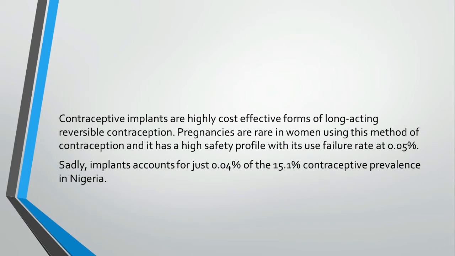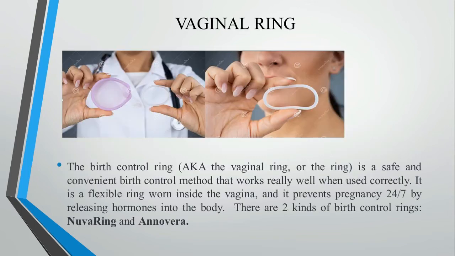Finally, on the implants, contraceptive implants are highly cost-effective forms of long-acting reversible contraception. Pregnancies are rare in women using this method of contraception, and it has a high safety profile with its failure rate at 0.5%. The last type of hormonal contraceptive we are going to be talking about in this video